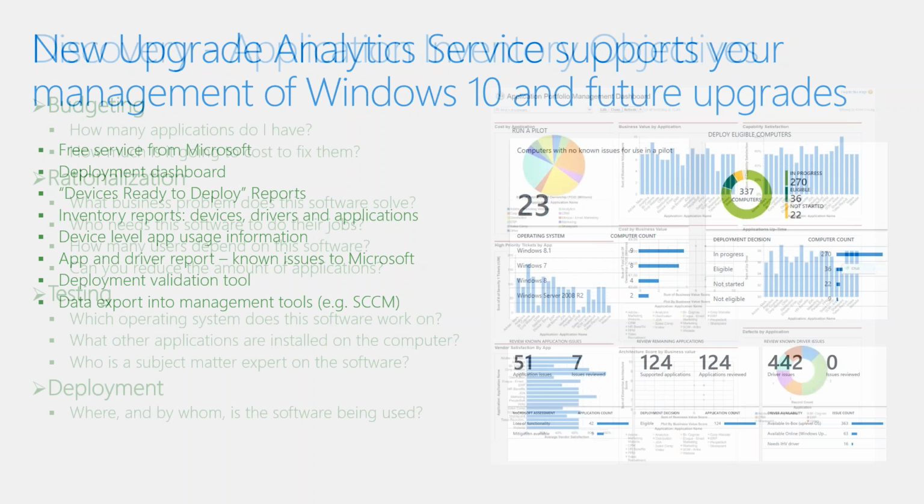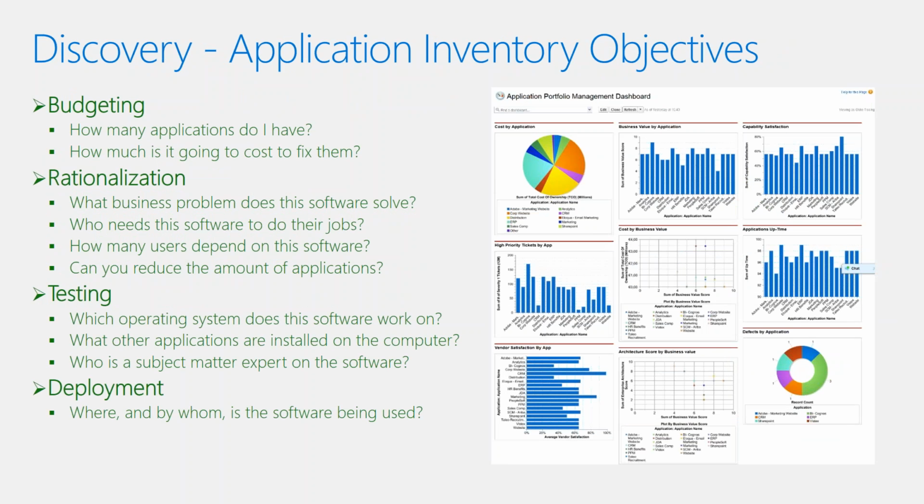Absolutely. So from an application perspective, as you're looking at your application management, you've got to look at budgeting, right? How many apps do you have? What's the cost of them? Rationalization, and I'll talk about that here in a second. Testing, and then deployment of the software as a whole. But one thing from a rationalization perspective, if you don't have an application portfolio management system or process, I highly recommend you implement one during this